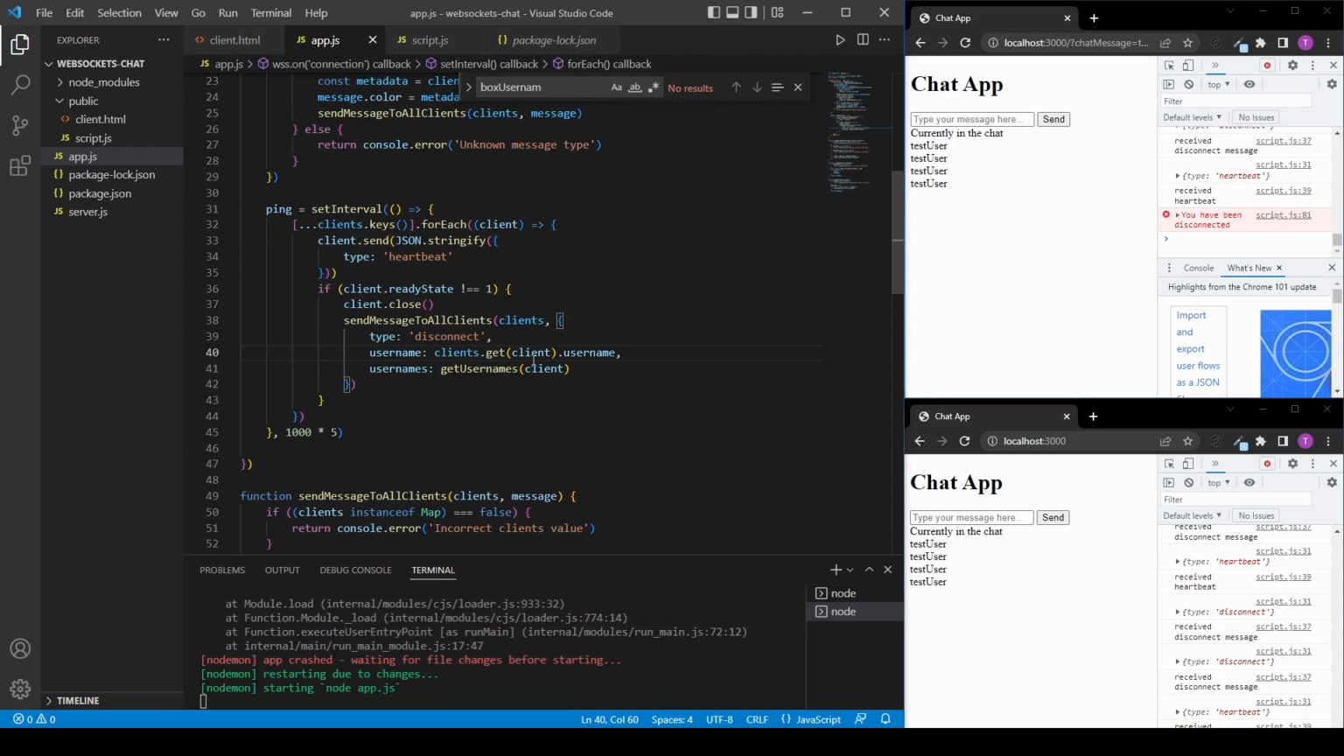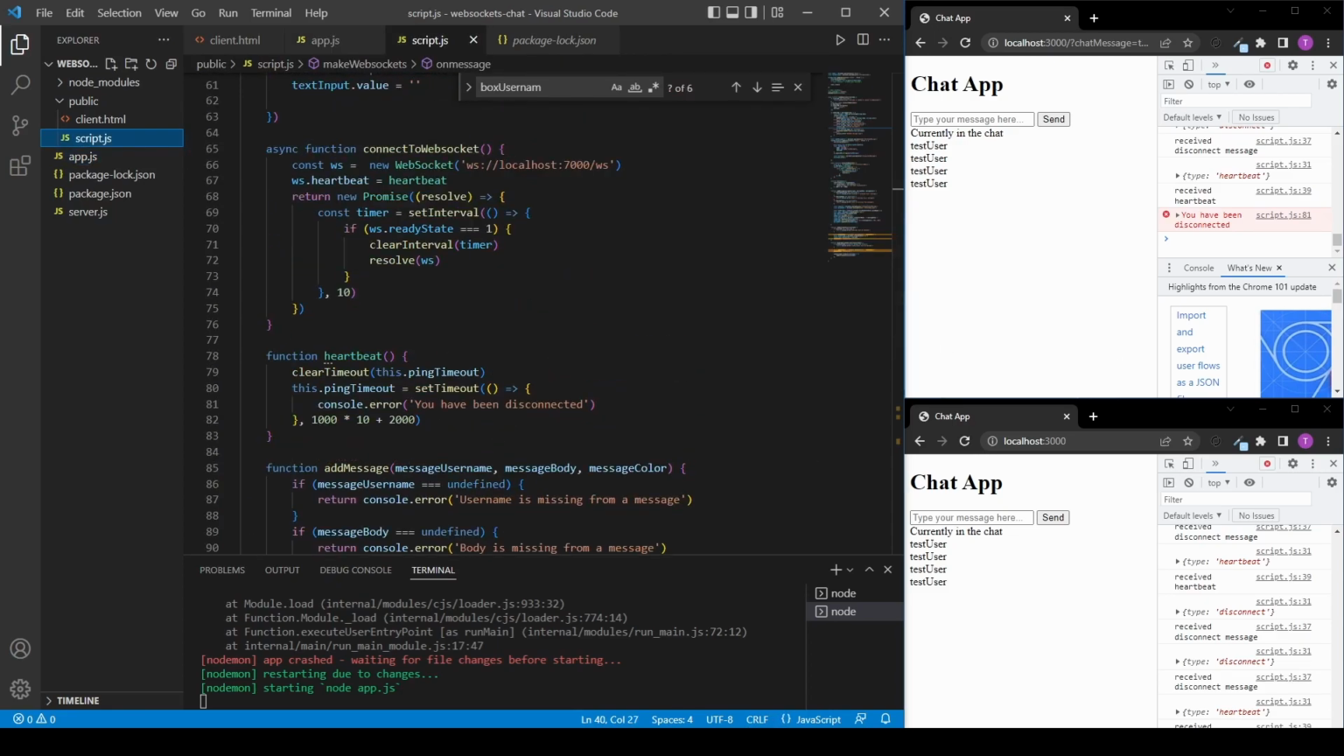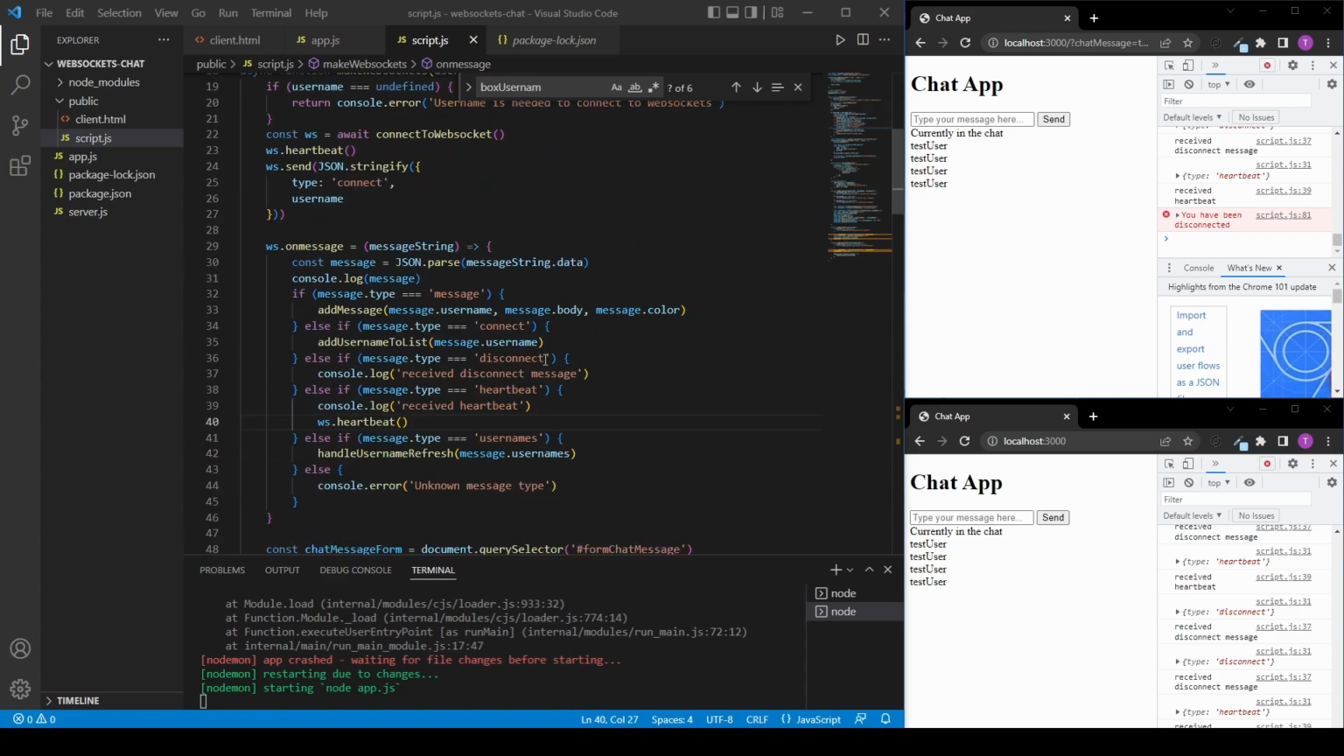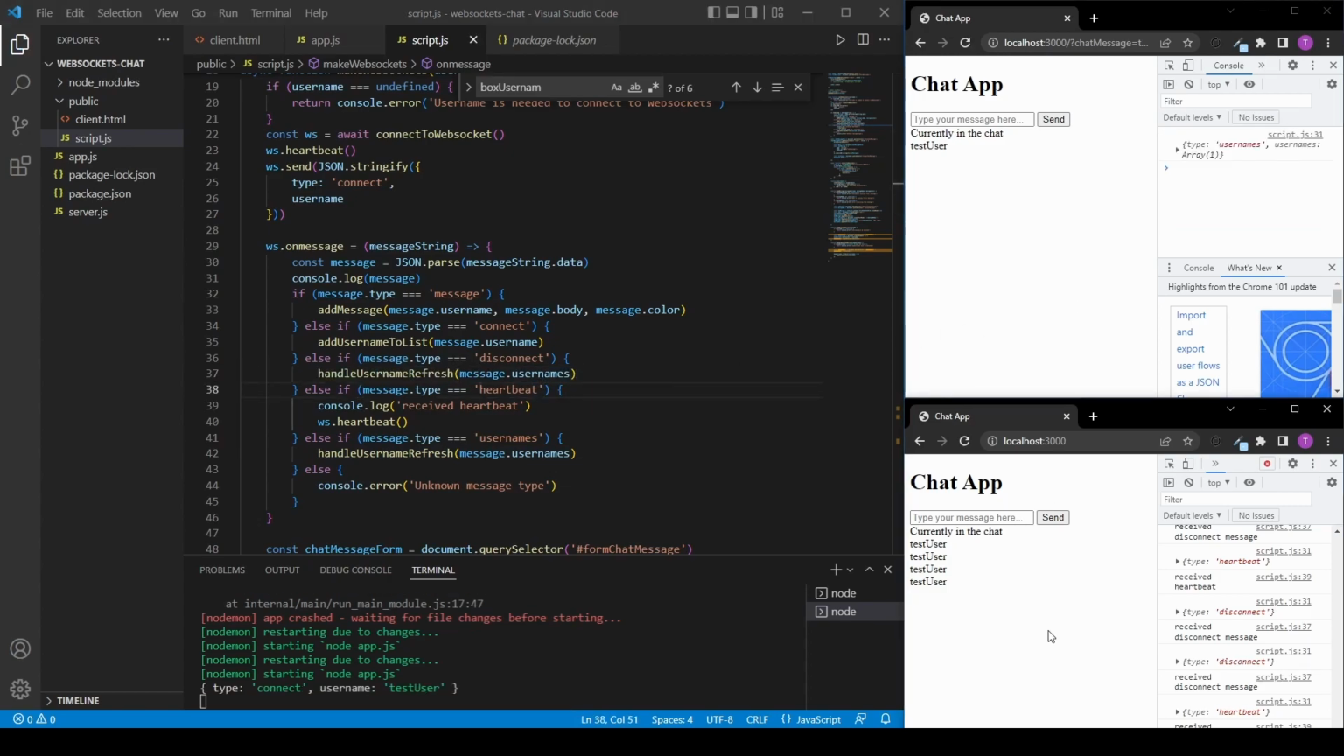Okay, so now we have this, and this will be a little trick. We'll not actually remove the user, because then we would need to keep some sort of an ID. We'll actually refresh the list every time somebody disconnects, right? So now when somebody disconnects, we will just refresh the whole list. And it's super simple. We just find our disconnect part. It's up here, so we can remove this. And what we can just use is handle username refresh. And now if I refresh it here,